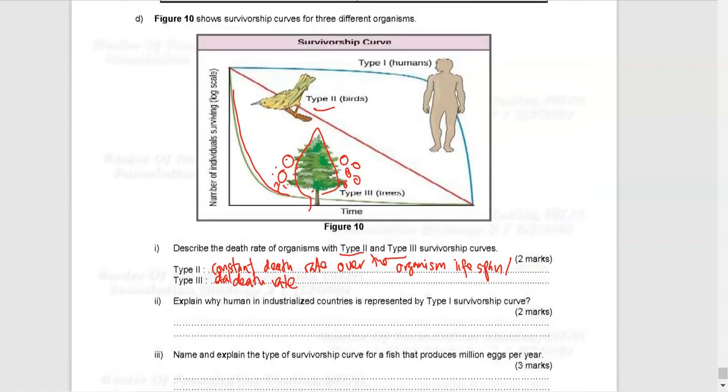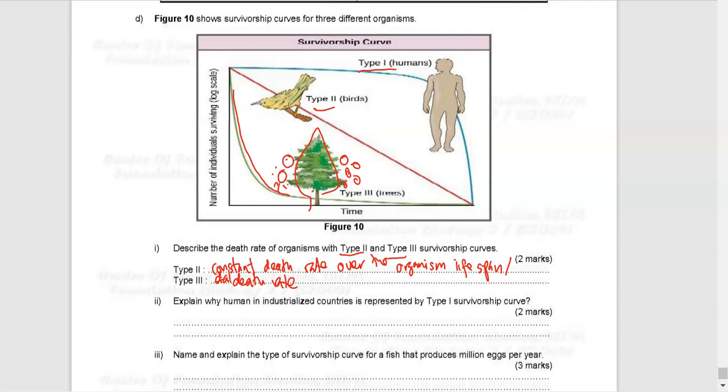So kalau untuk human, awak kena faham lah, kan. Untuk human is type 1, kan. So type 1 maksudnya kat sini dia punya explanation dia adalah the curve is flat at the start. Okay, the curve is flat at the start. Sebab apa? The early age, baby, infant, so you are taken care of by your parents, and then you reach usia remaja pun masih sihat lagi, but as when you get older, kan, so this is when